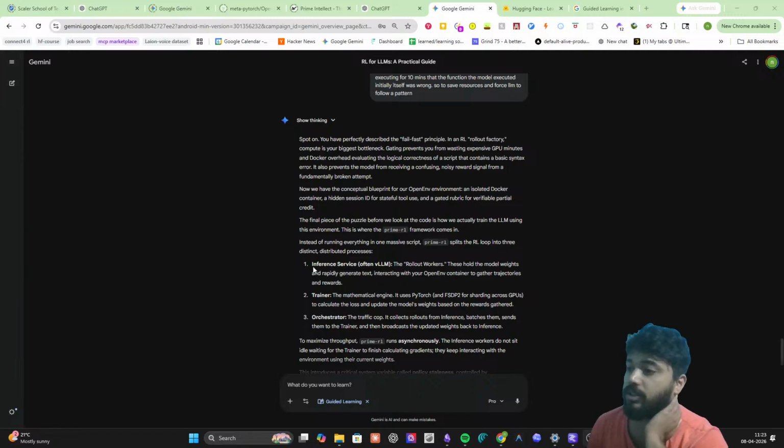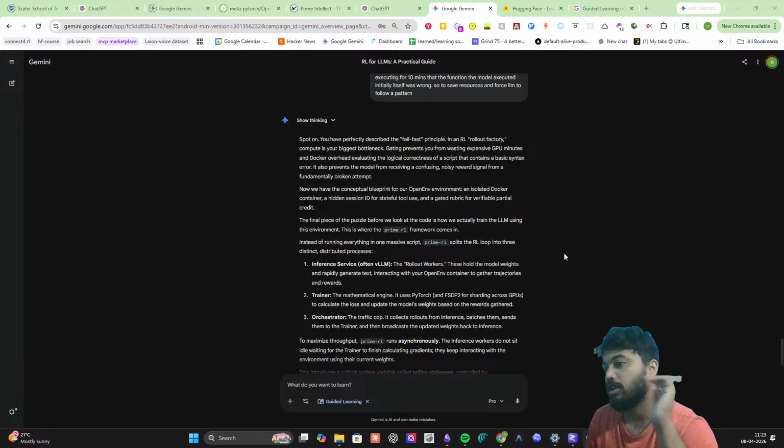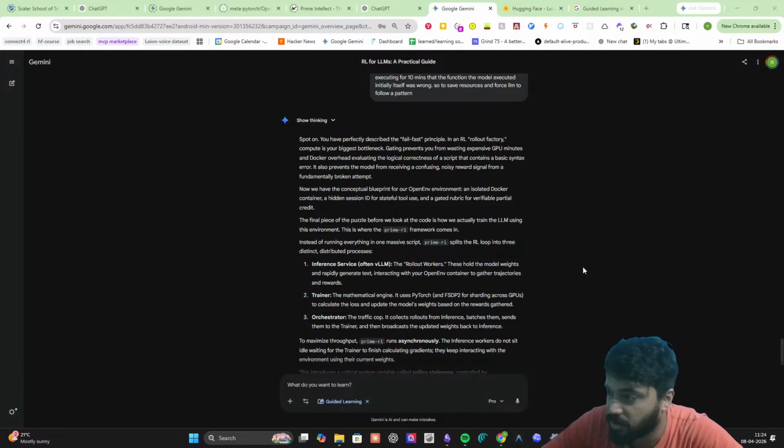The trainer is the mathematical engine it uses PyTorch and FSDP2 for sharding across GPUs to calculate the loss and update the model's weights based on the rewards gathered. The orchestrator is the traffic cop. It collects rollouts from inference, batches them, sends them to the trainer, and then broadcasts the updated weights back to